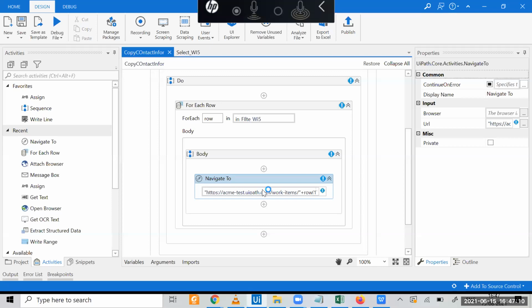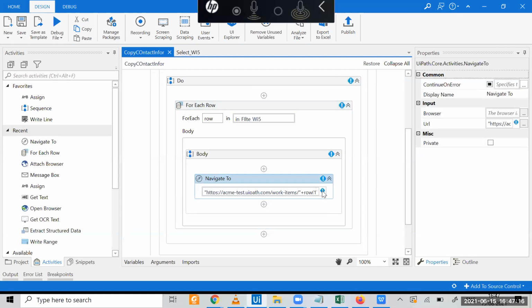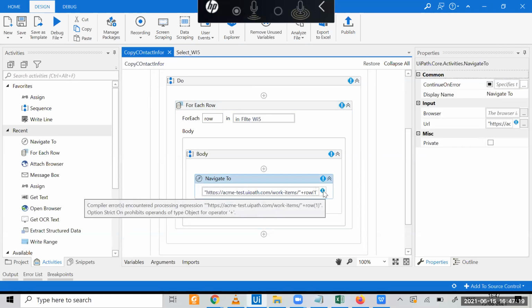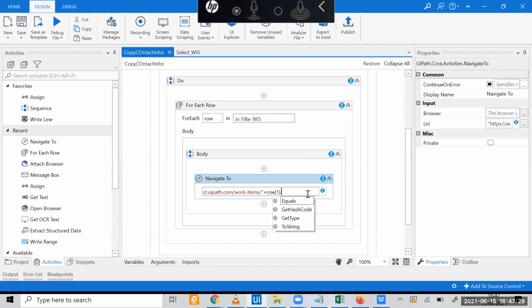Let me save it. Validation error: provides types of objects for operator plus. Why? Achha, row 1 dot ToString, because row 1 is numeric.